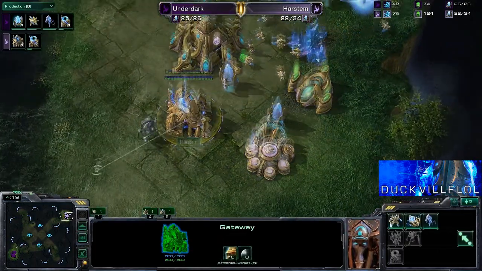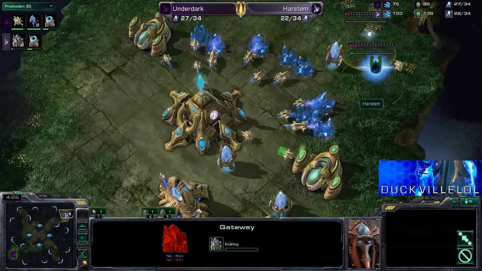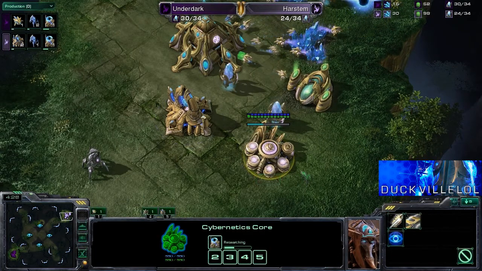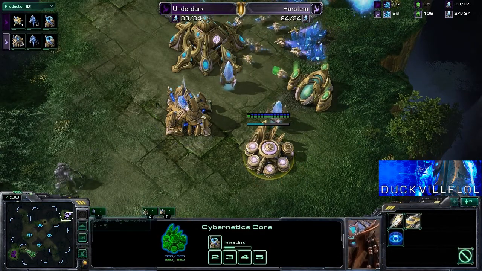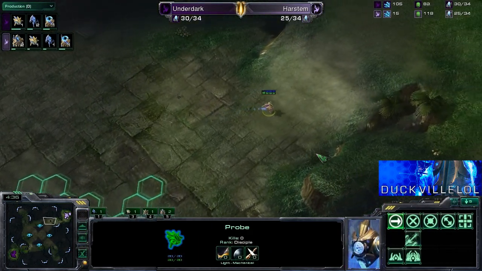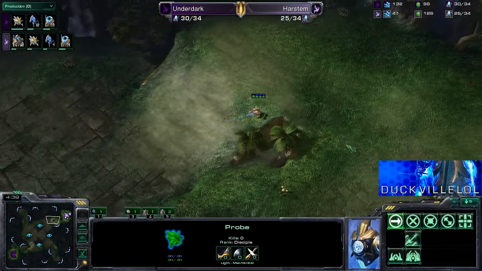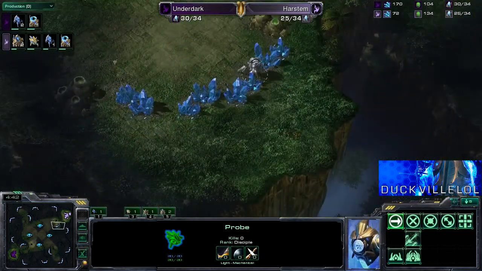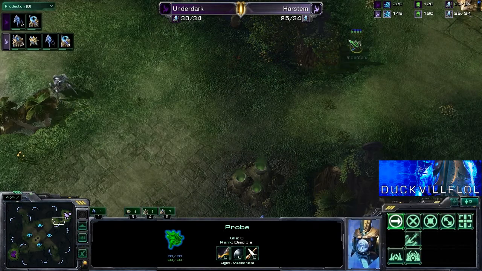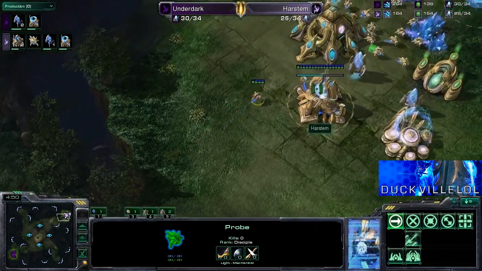Looks like Harstem is going to go for a 3 gate based opening. He's picked up the second and third gates there. We've got the cybernetics core spinning up, trying to get the warp gate tech out as quickly as possible. A probe from Underdark is just heading across the map and is not going to get inside. There is a stalker here just poking around trying to find out where the probe is. In fact, the Ninja Probe gets past the stalker and is going to get a good look at exactly what is